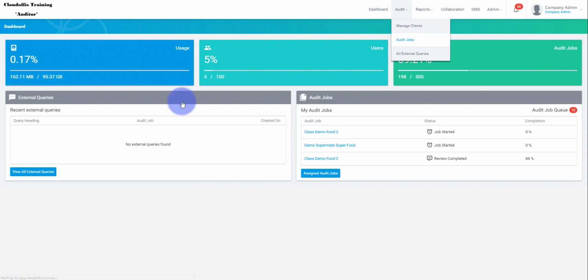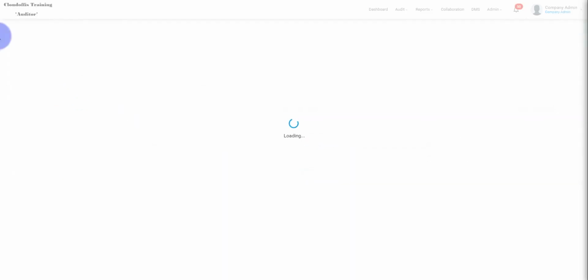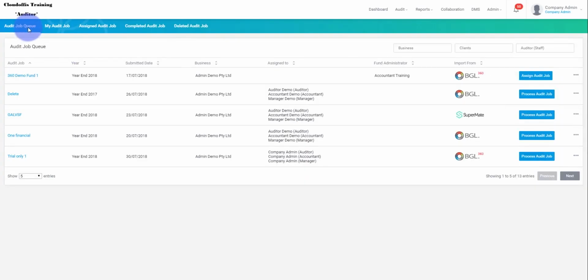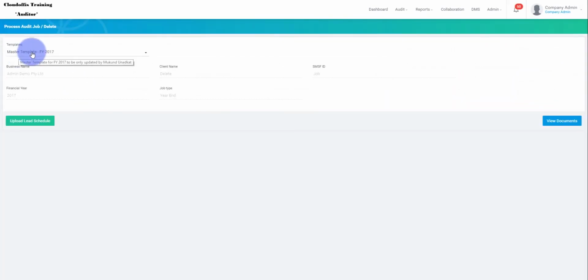So at the moment, if I go to my audit job queue, I do believe I have one that I can demonstrate on. Perfect. So if I go to process the audit job, as you can see, it defaults to master template 2017. Now, of course, I have the option to change it to 2018, but so that I don't have to do that for every job,